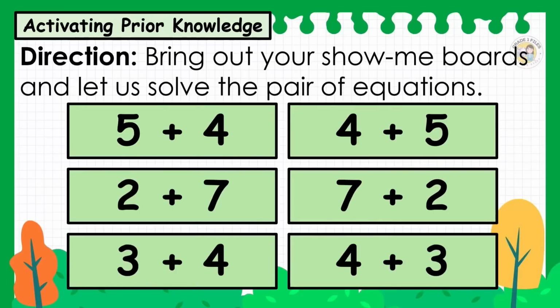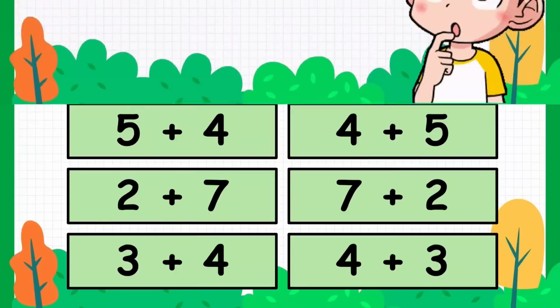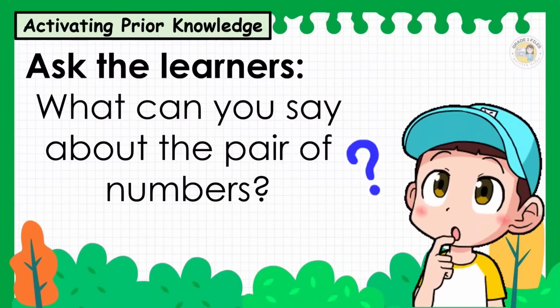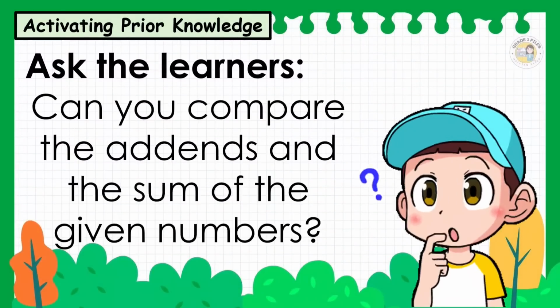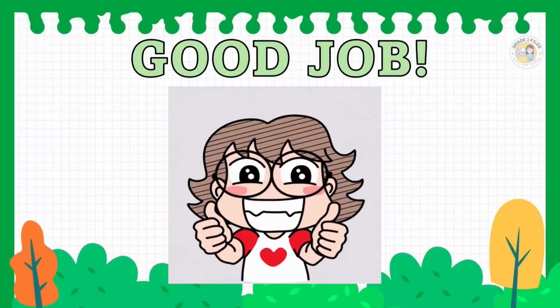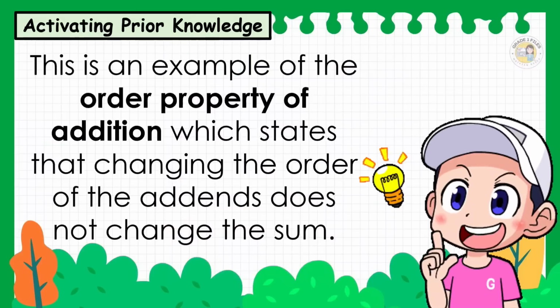Let us solve the pair of equations. What can you say about the pair of numbers? Can you compare the addends and the sum of the given numbers? This is an example of the order property of addition, which states that changing the order of the addends does